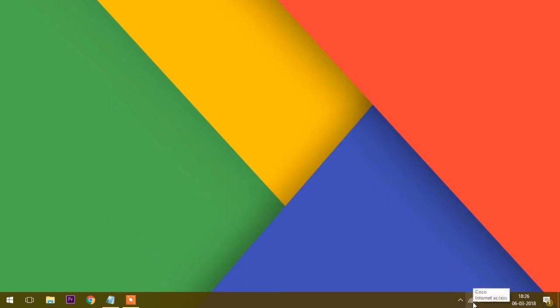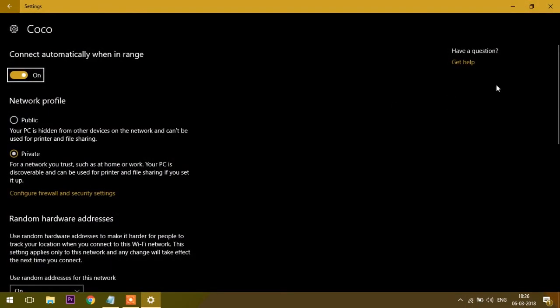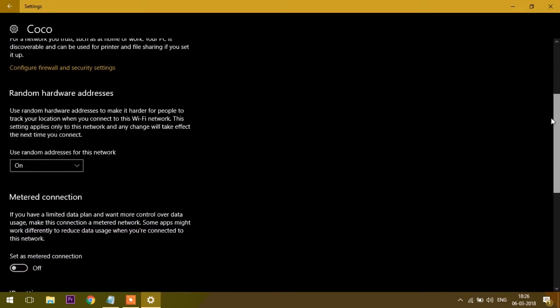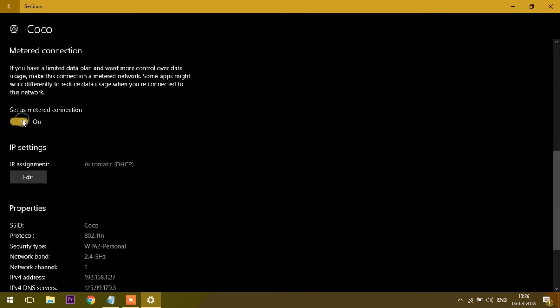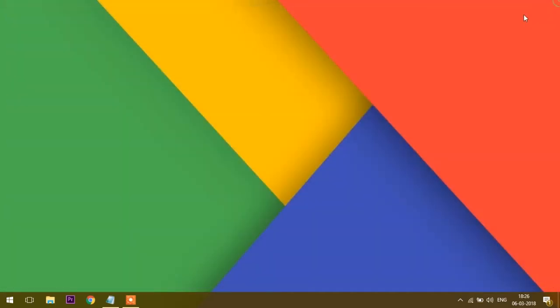First of all, go to your Wi-Fi, click on the properties settings. Now scroll down and turn on the metered connection. This metered connection will disable Windows Update on a temporary basis. If you disable the metered connection, your updates will start downloading again. So it's pretty simple, and if this trick doesn't work for you, then